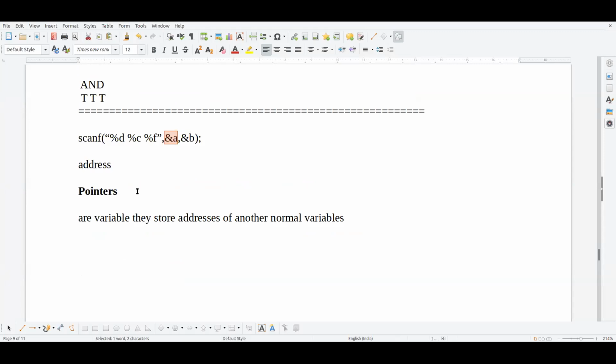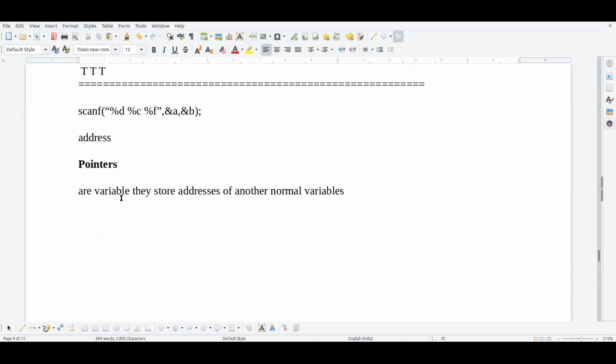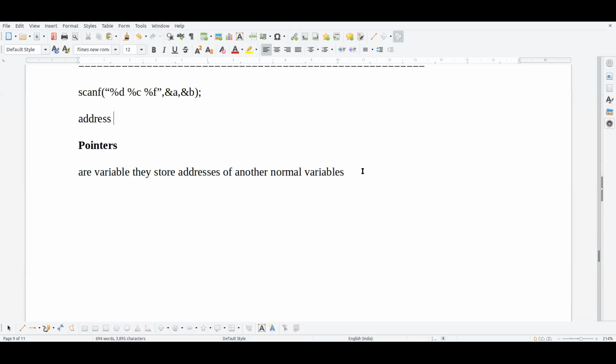So similarly, pointers are variables, they are also variables, but they are specially used to store the address of another variable. That is the purpose of the pointers. That means if I declare a pointer, it may be of any data type, int or char or float.